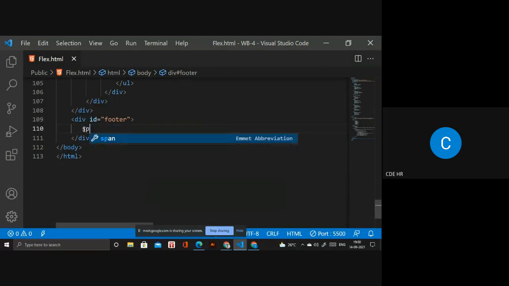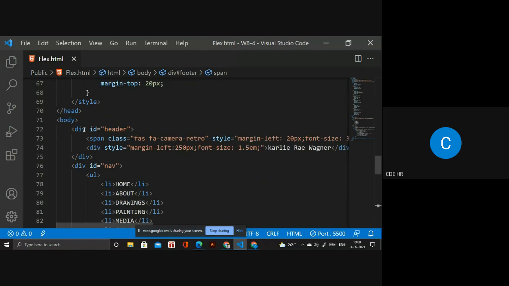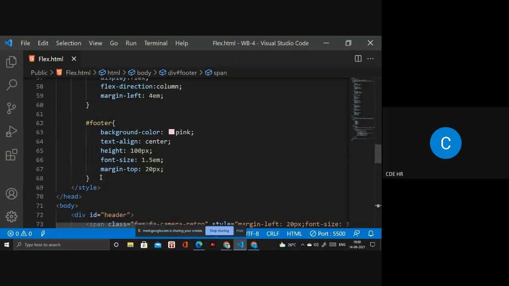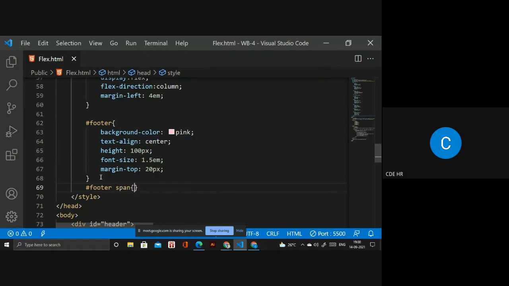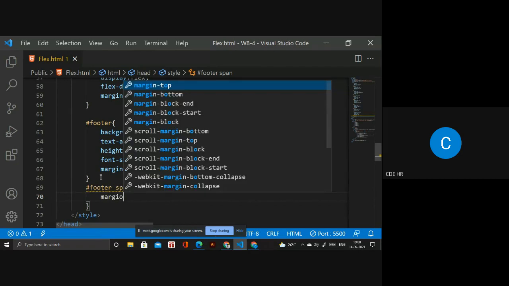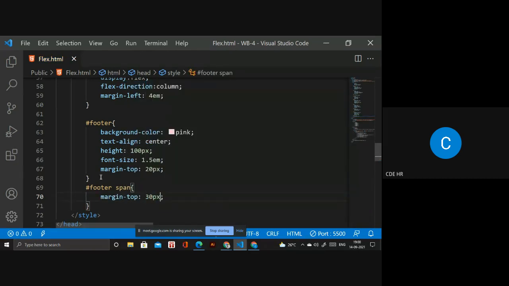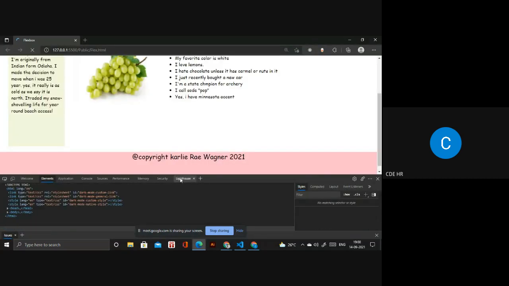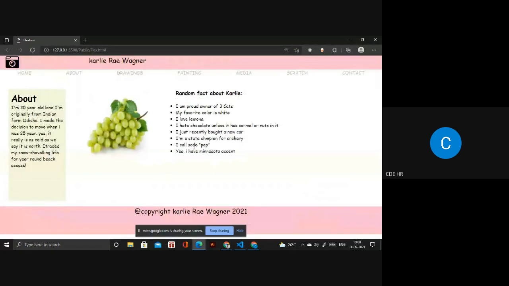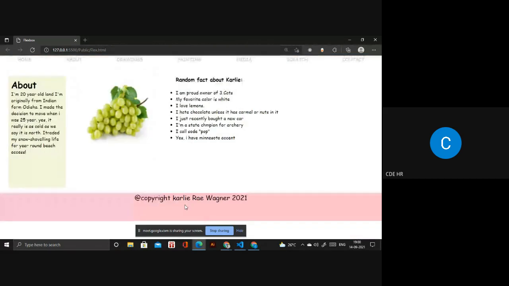You write span, and inside footer span, margin top 30 pixel, and it will change. It will be like space in between. So according to your requirement you have to choose.